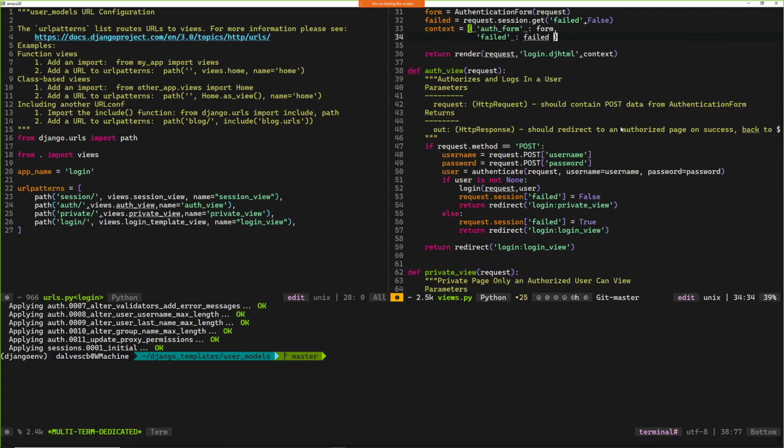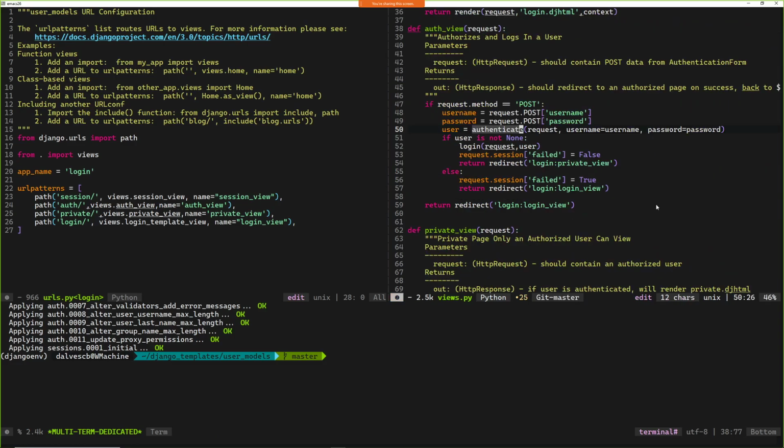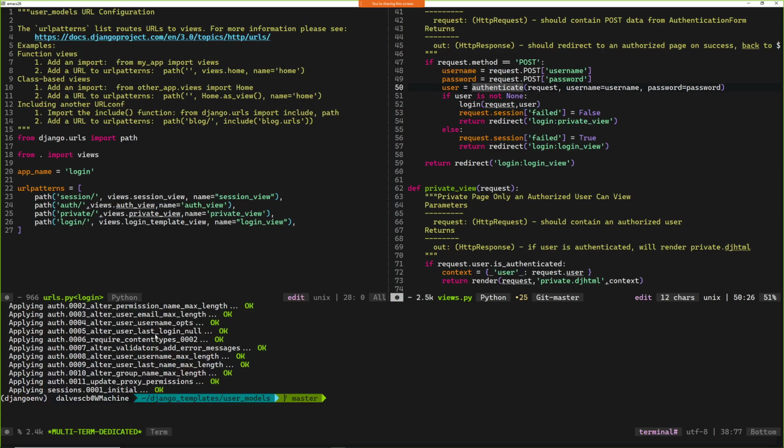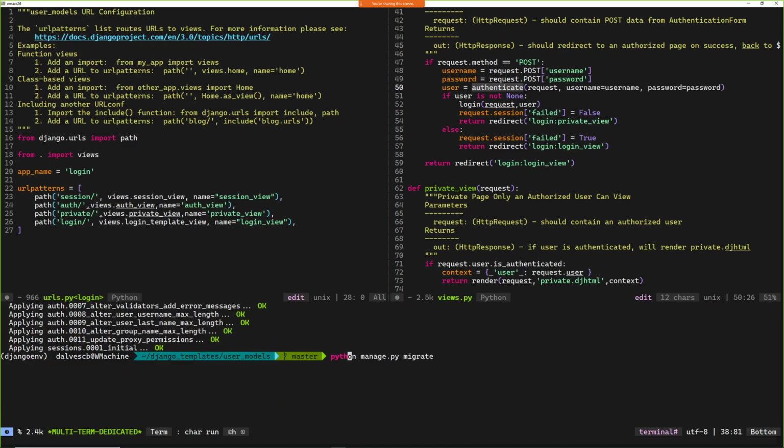We're using that user model, this user here that we get from authenticating. So we're going to need to use the database. So we apply migrations. Now we're also probably going to want to create a user. If you don't remember, the way we created a user was manually through the shell. So I went into the shell and I imported